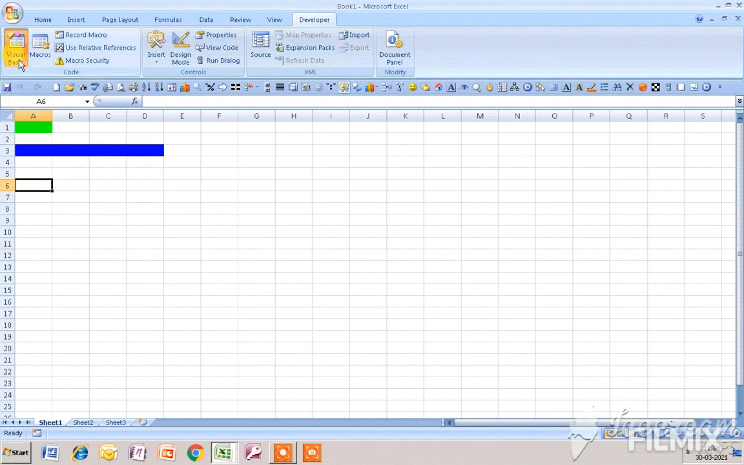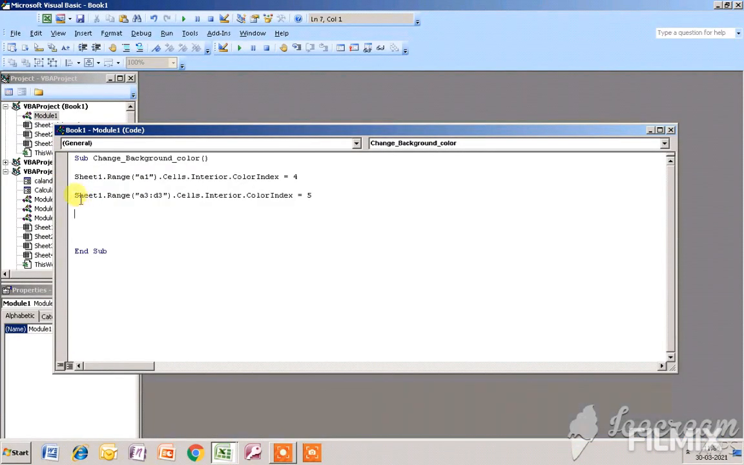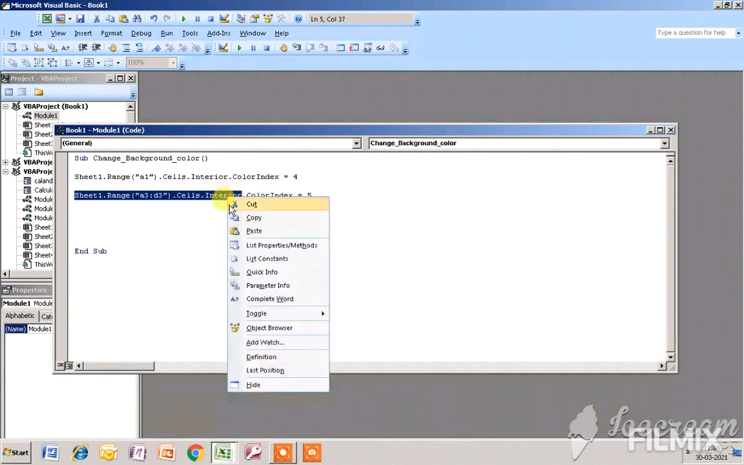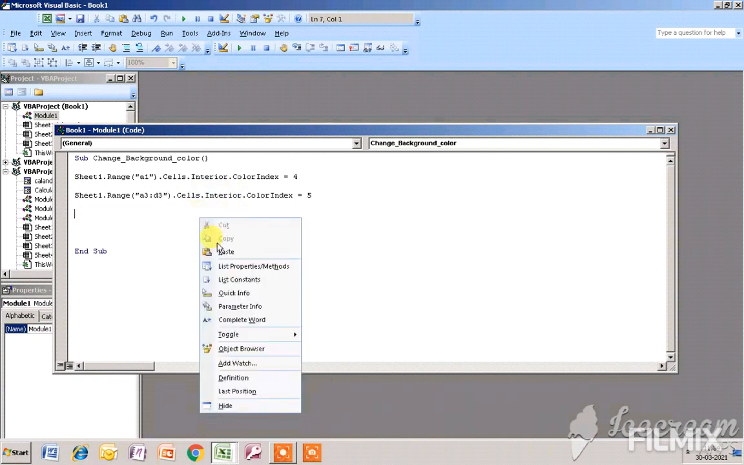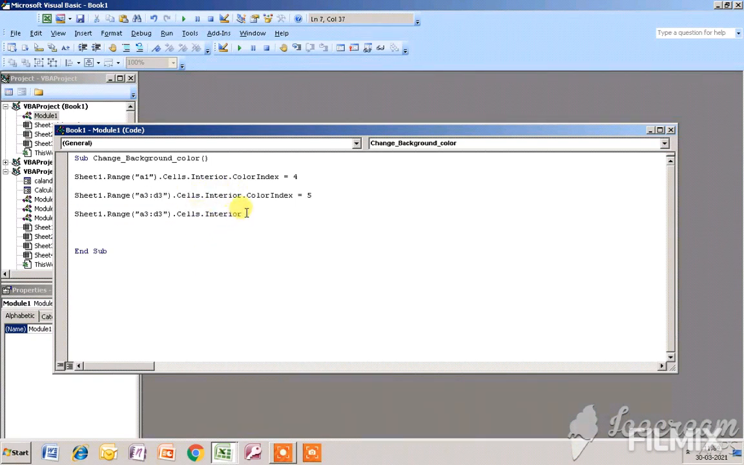Go back to VBA. For that I will copy something from here. I copy till this and paste it over here, and after that dot Interior dot Color. I only give the color name, that is vbRed. Okay, and